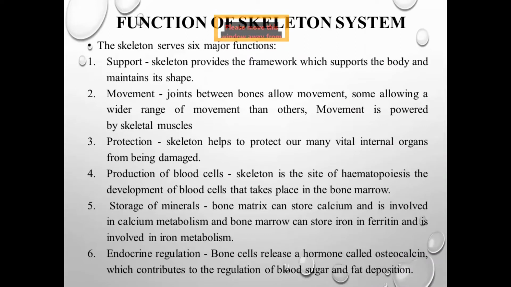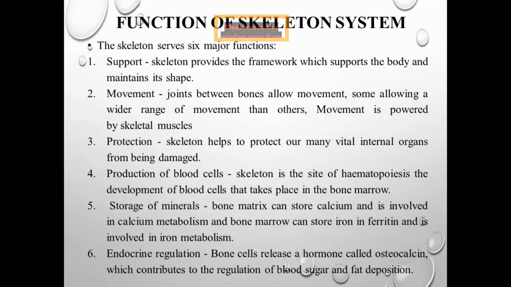What is the main function of the skeletal system? The skeletal system serves 6 major functions. One is support, the next is movement, then protection, the fourth is production of blood cells, then storage of minerals, then endocrine regulation. Among these, in endocrine regulation the bone or skeletal system plays only a small role, whereas the other 5 are major functions of your